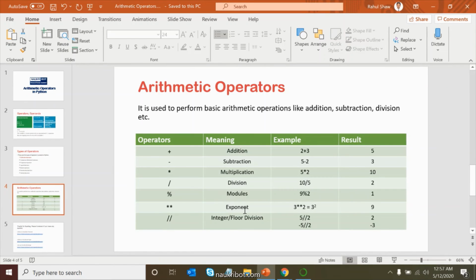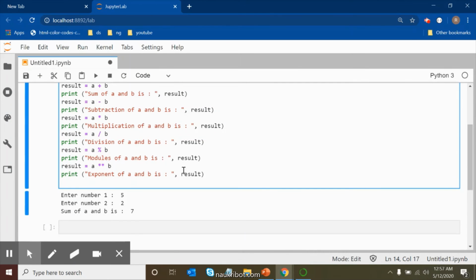We have seen modulus, exponent. Integer and float division I will show you separately. So first we will compile this.